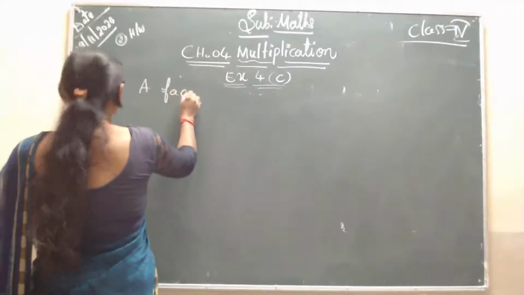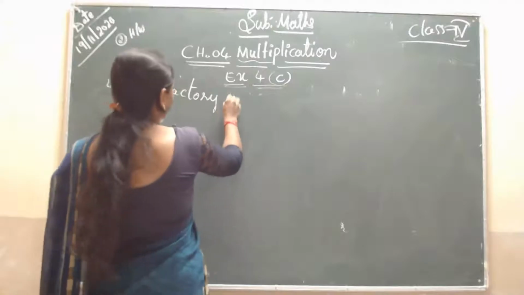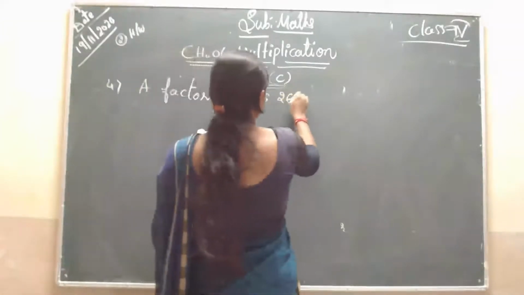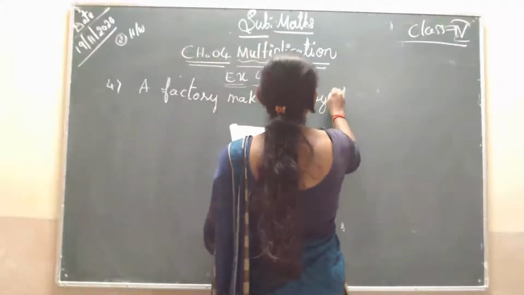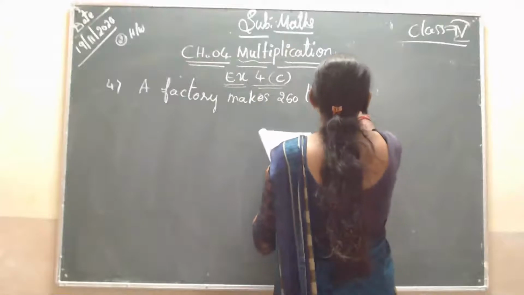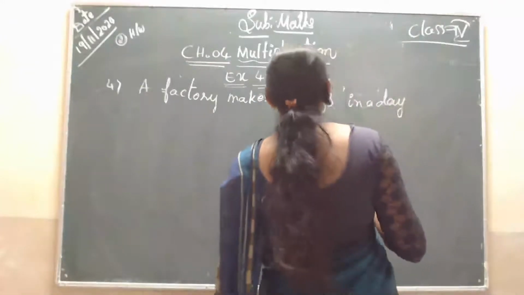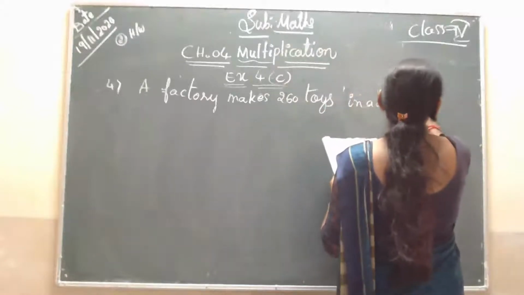A factory makes 260 toys in a day. Students, in 1 day, how many toys does the factory make? 260. Okay, next, how many